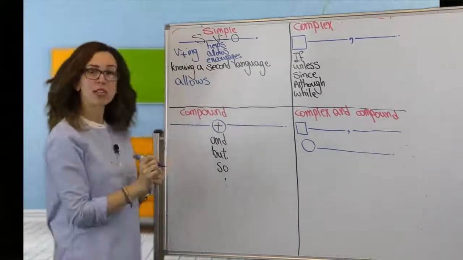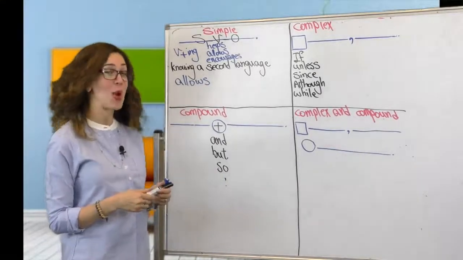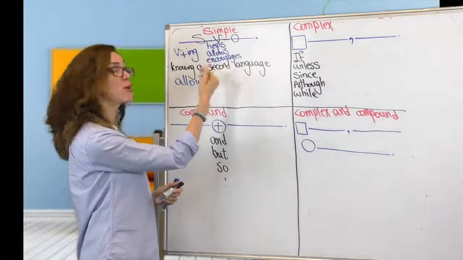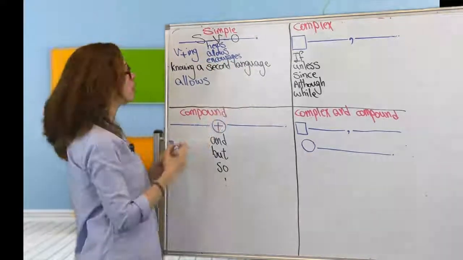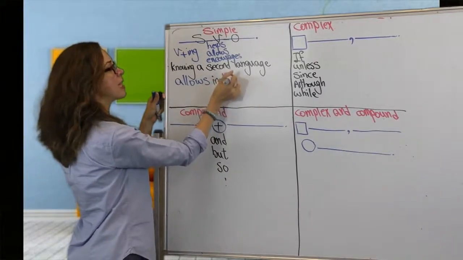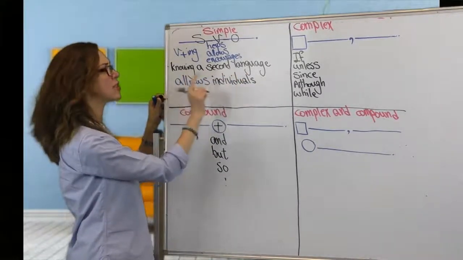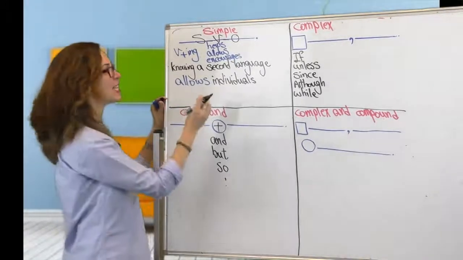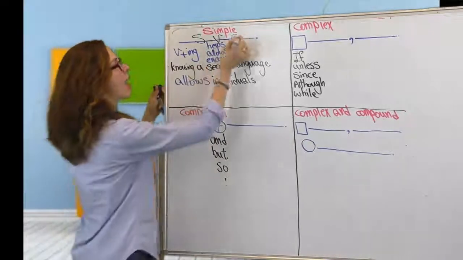Next, you need an object. Your object can be anything as long as it's not a personal object. So don't say allows me, allows my friend. Say allows individuals, allows people, allows students, travelers, tourists. So I'm going to use individuals here. Now, let's look at the sentence. Knowing a second language allows individuals. You can tell that the sentence is not complete yet. We need to add one more item to complete this sentence, and that is our